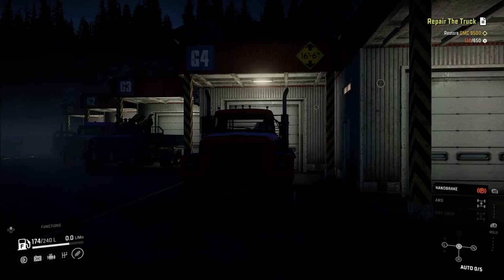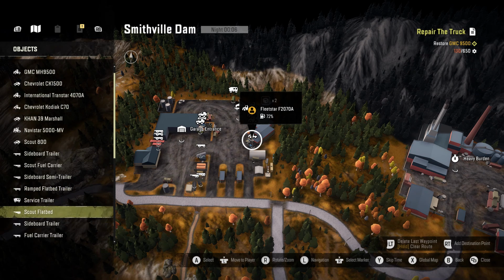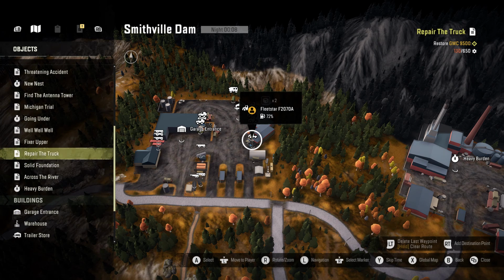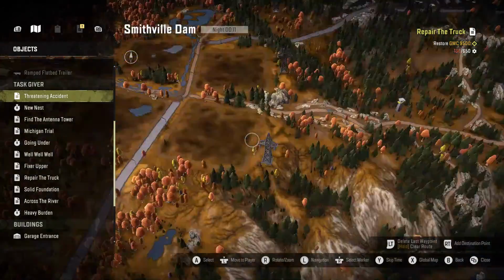So today what we're going to do is go into the menu here, and I think we're going to do a task today because there's still a lot of tasks in the Smithville Dam that we have yet to do. As you can see, there's a whole list of them. Even if you don't count the contests, there's a whole list of them. So we're just going to start at the top here, and do the first one,